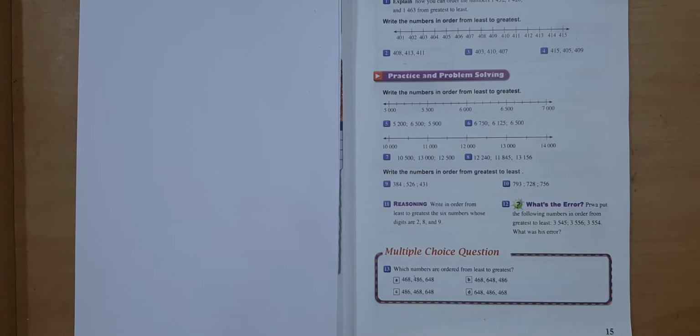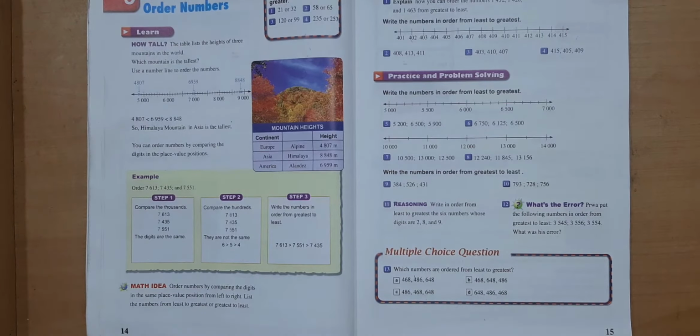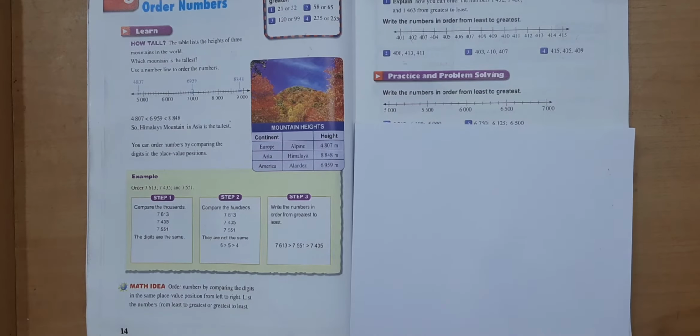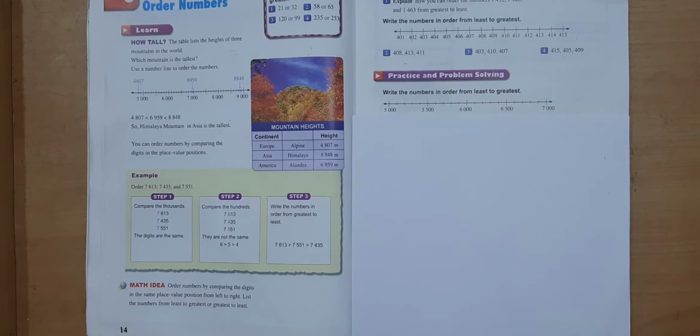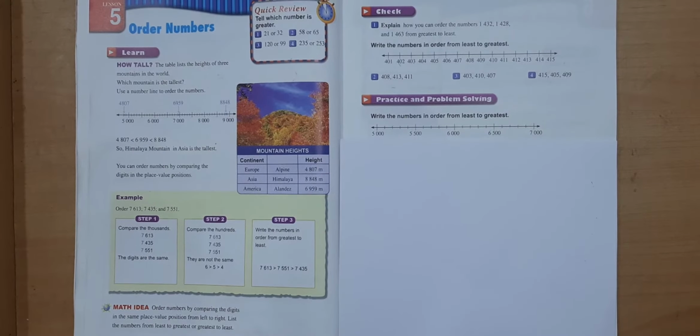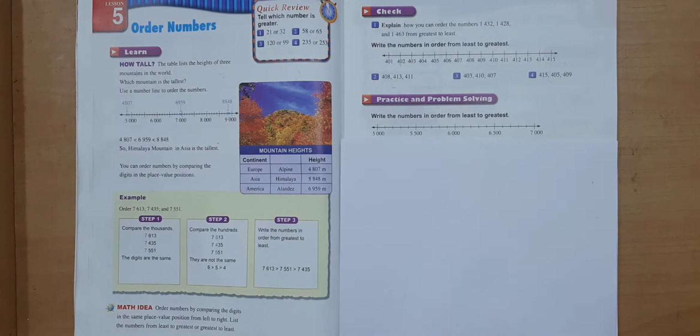Okay, we are on page 15, and we have some problems to solve regarding ordering numbers. Okay, follow me, listen carefully, and let's go through them. We're in the check part, okay? Page 15, the check part. Number 1, explain how you can order the numbers